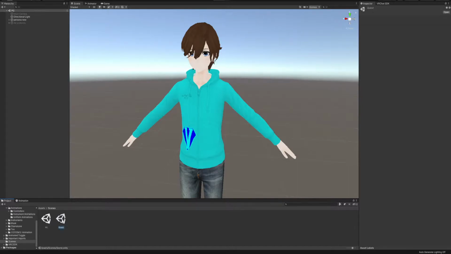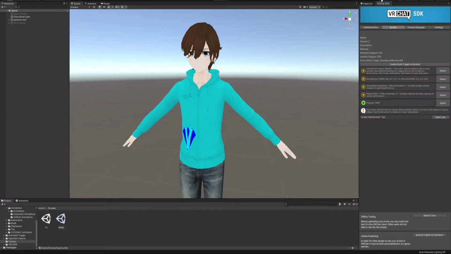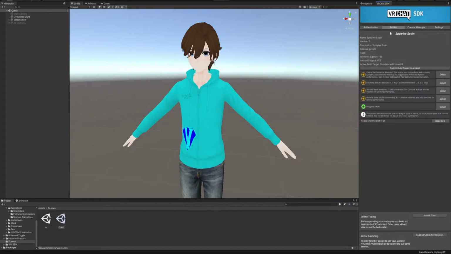Just to make sure, you're going to double click and make sure that it says quest.unity. Now, once you do that, you are ready to start working on the avatar to become Quest. So, surely you guys already know how to import your SDK and all that, so I'm not going to